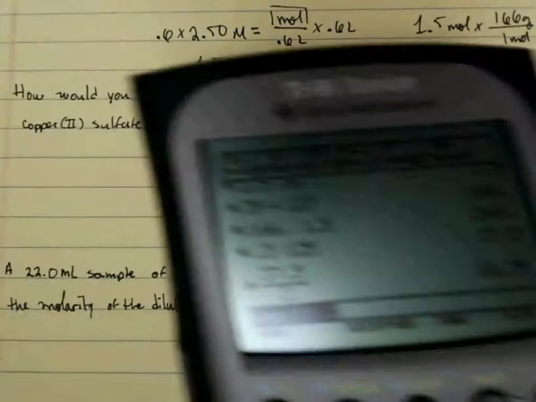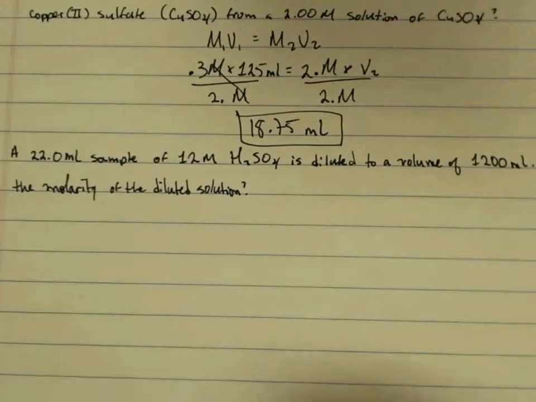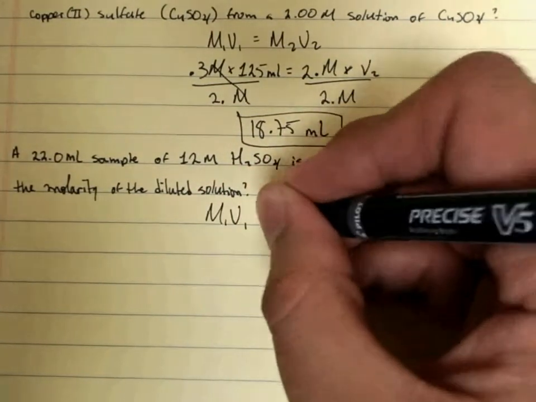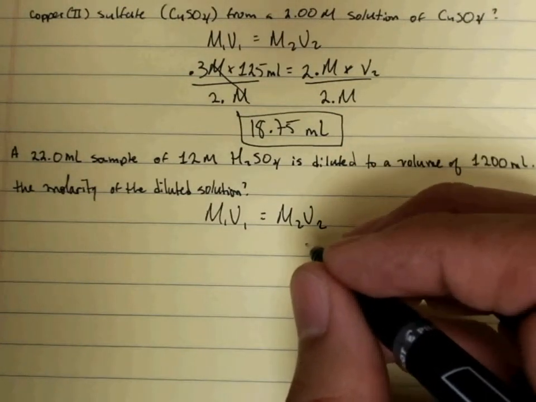So there we go. Last problem. The last problem reads, a 22 milliliter sample of 12 molar sulfuric acid is diluted in a volume of 1,200 milliliters. What is the molarity of the diluted solution? So again, same equation. M1V1 equals M2V2. So